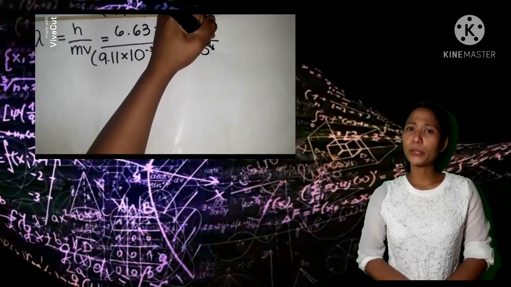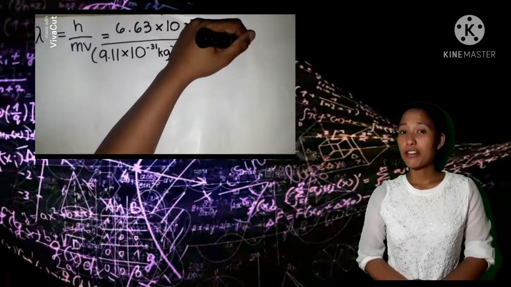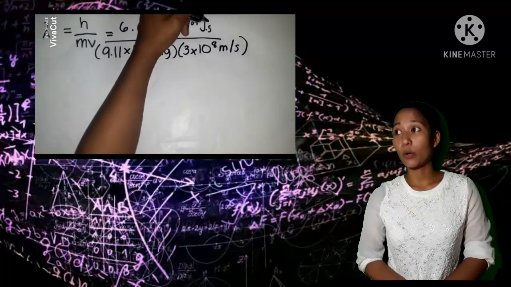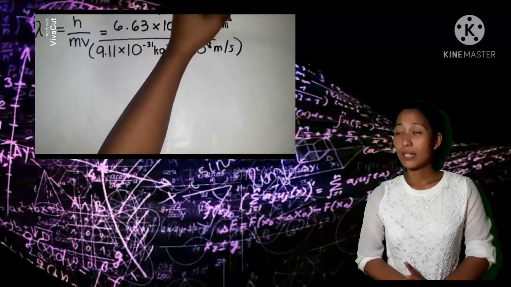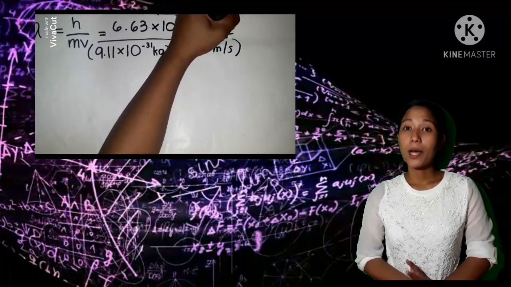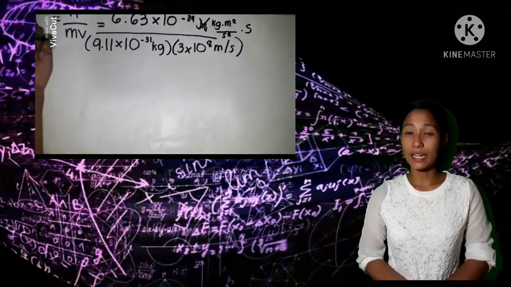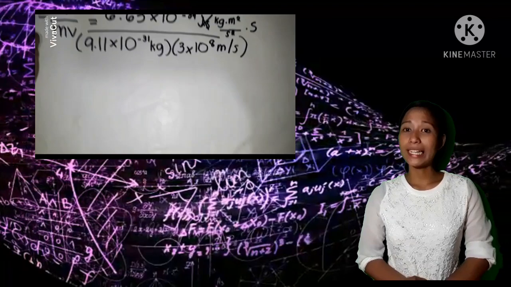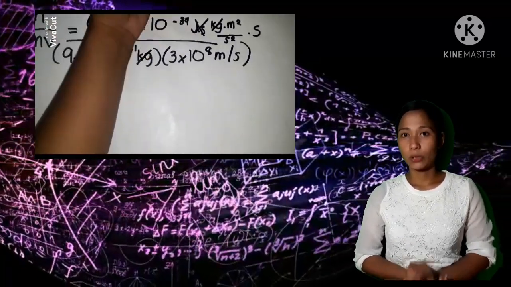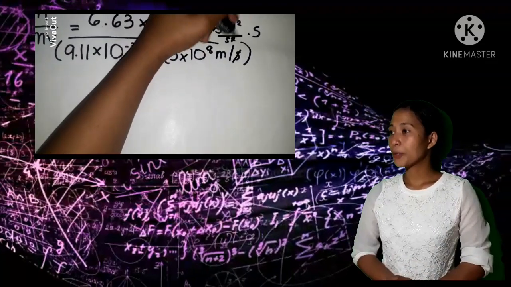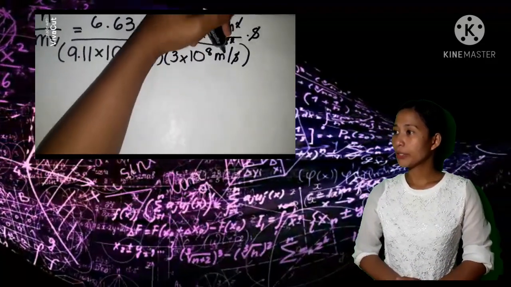But before we compute those numbers, let us first change the unit of the Planck constant from joules second into kilogram meter squared per second squared second in order for us to easily get the unit that we need, which is the meter. Now, let's compute the numbers,